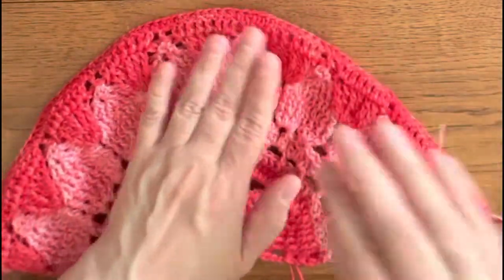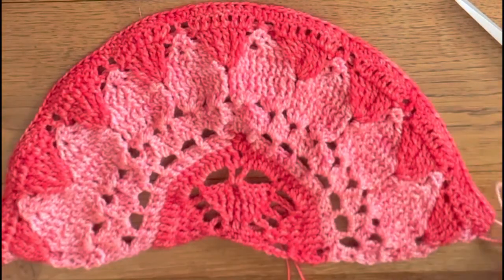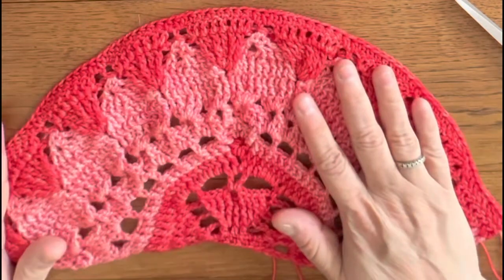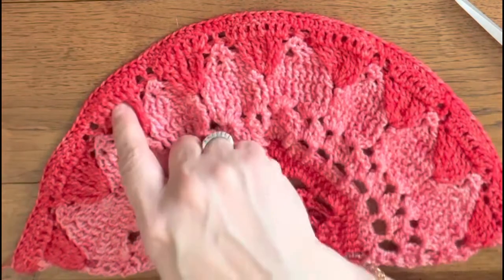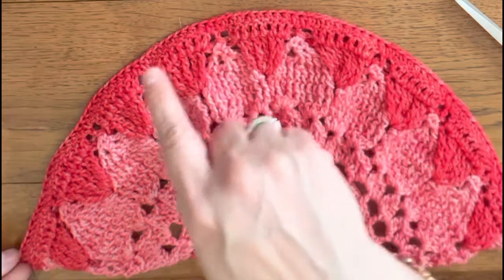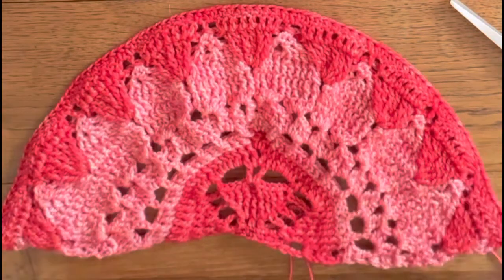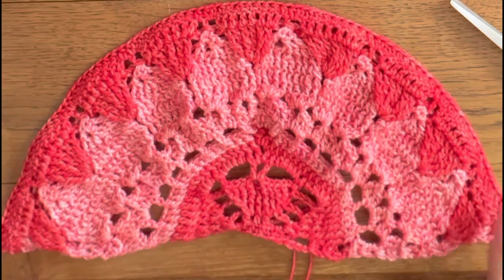This is what your work should look like from the right side. And to check the stitch count, we have 9 times 8 half double crochets and 8 times 2 double crochet and half double crochets. That makes stitch count of 88 stitches in total. And this is the end